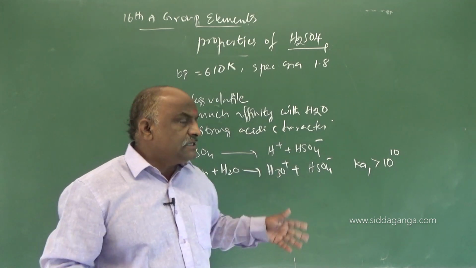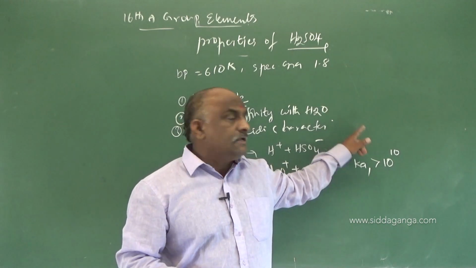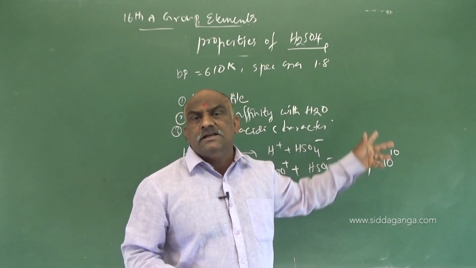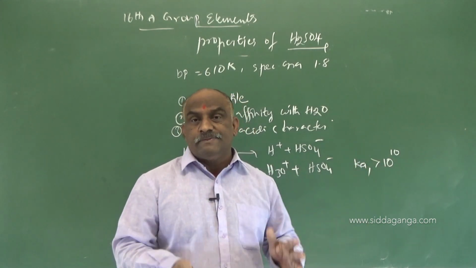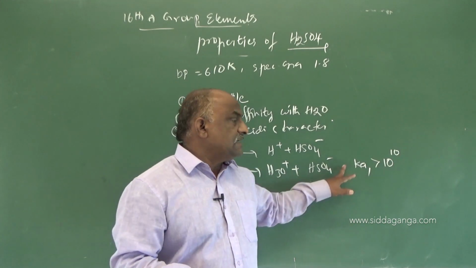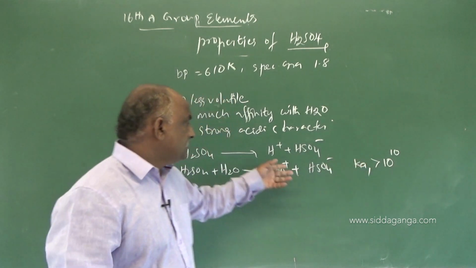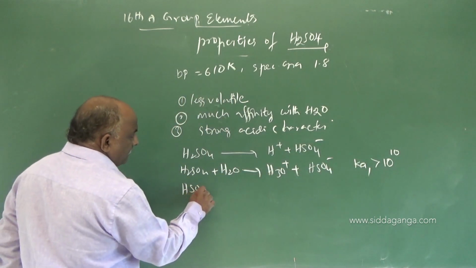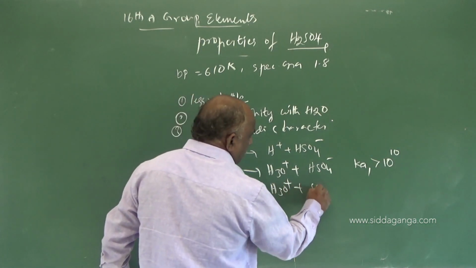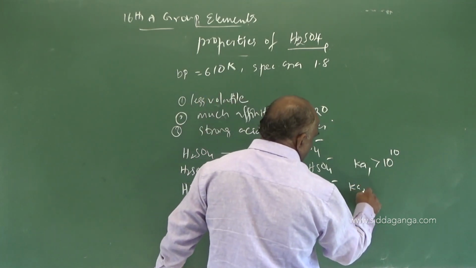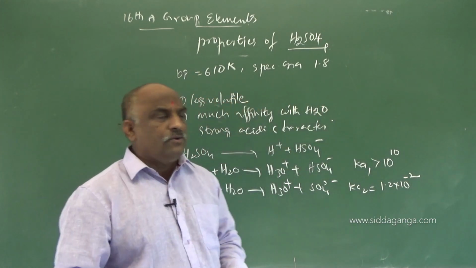According to the acid base theory, a substance which can donate protons rapidly is called a strong acid. Ka value is very large. A larger Ka means a large extent of ionization into H plus ions. As the extent of H plus ions increases, acidic strength increases. Ka value increases, acidic strength increases. And what is the second step? HSO4 minus, again you add H2O to this, we will get H3O plus plus SO4 2 minus. In this example, Ka2 value is less, it is 1.2 into 10 power minus 2.